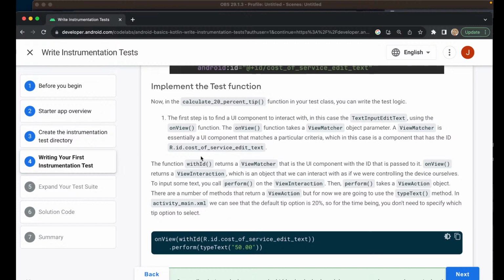A view matcher is essentially a UI component that matches a particular criteria, which in this case is a component that has the ID of R.id.cost_of_service_edit_text. The withId function returns a view matcher, that is the UI component with the ID that is passed to it. onView returns a view interaction, which is an object that we can interact with as if we were controlling